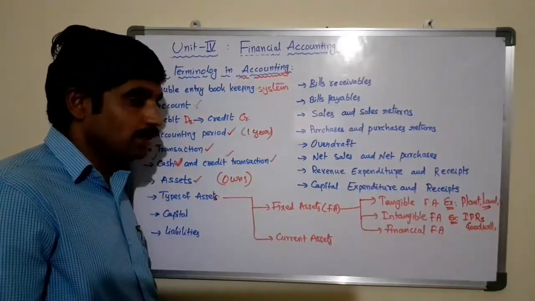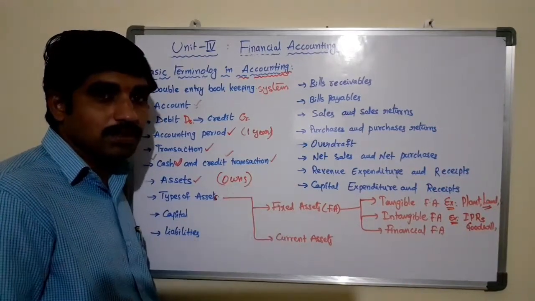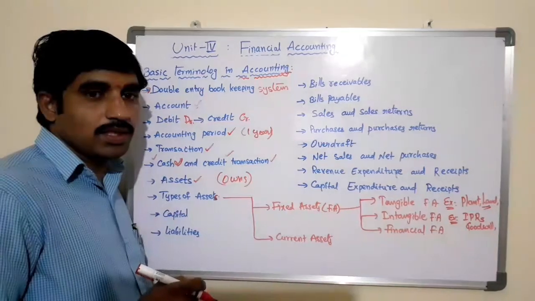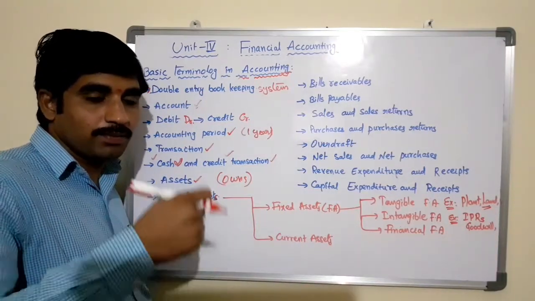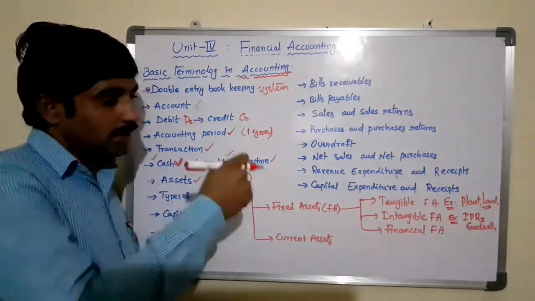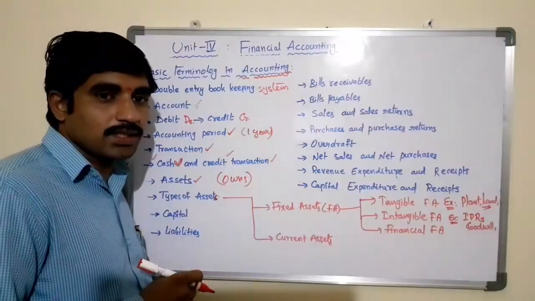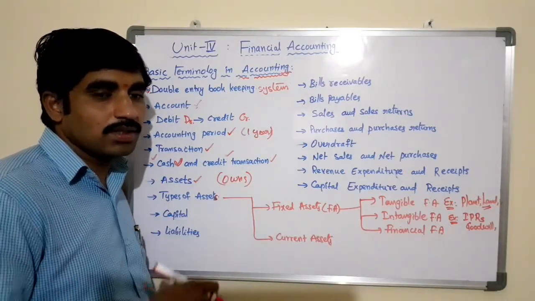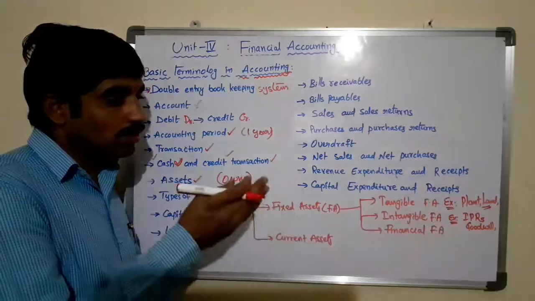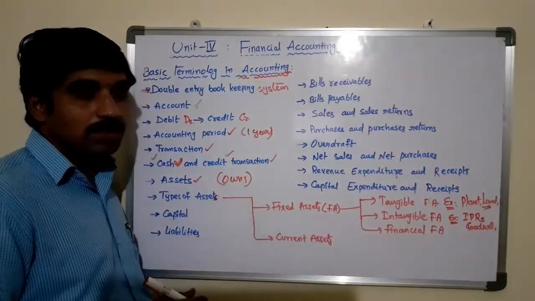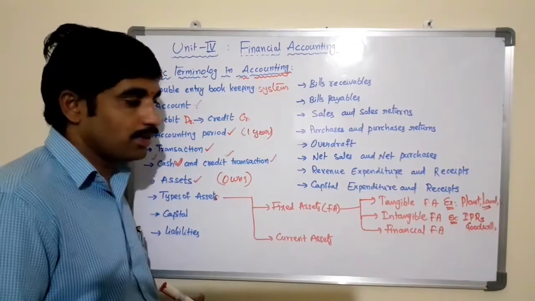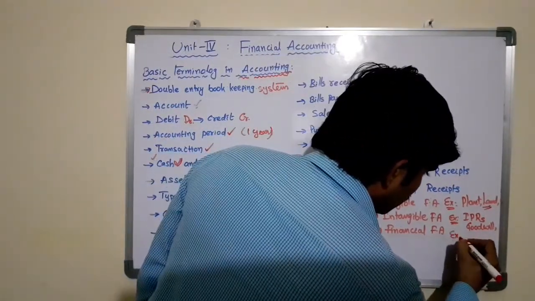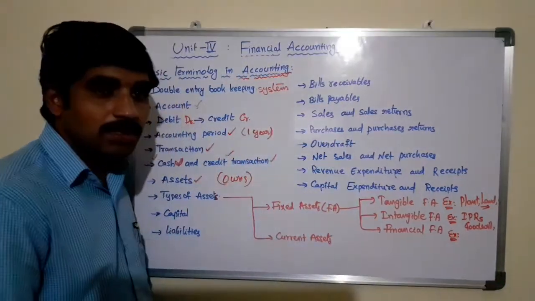Intellectual property rights are intangible fixed assets which will give service to the company in improving performance or in taking financial assistance from outside or from financial institutions. So these are also called fixed assets, which will give service to the company for a long period. And another type of fixed asset is the financial fixed asset.